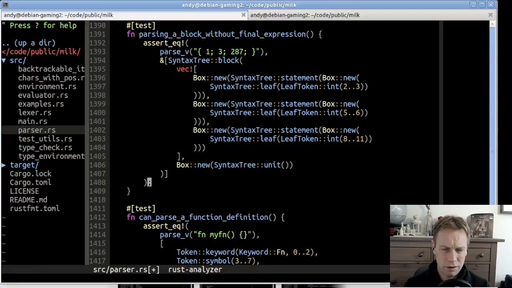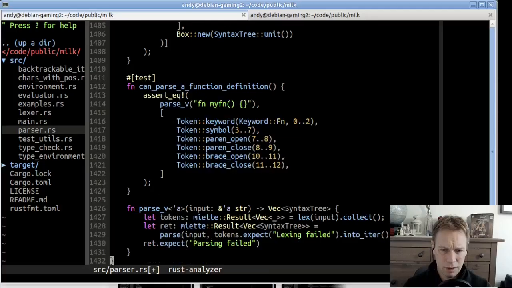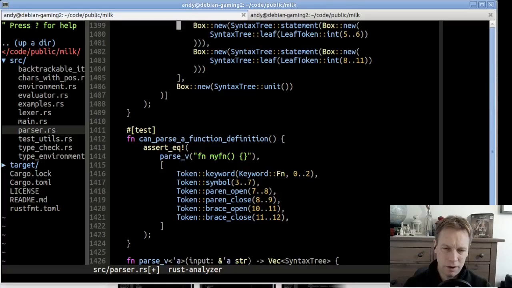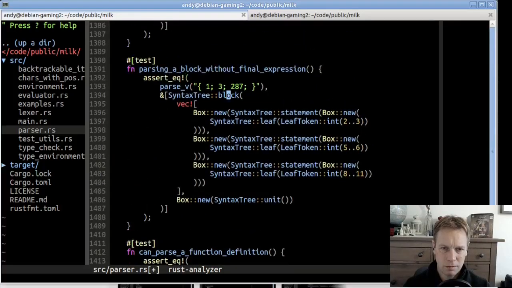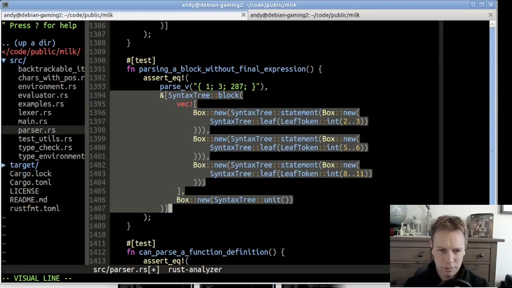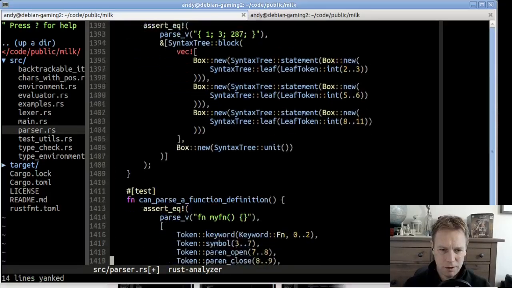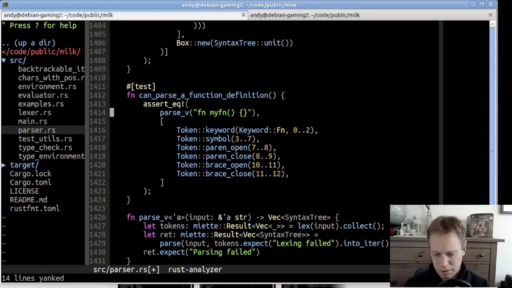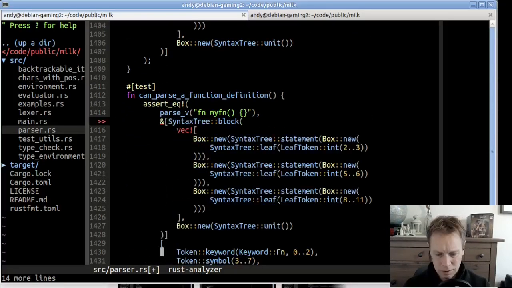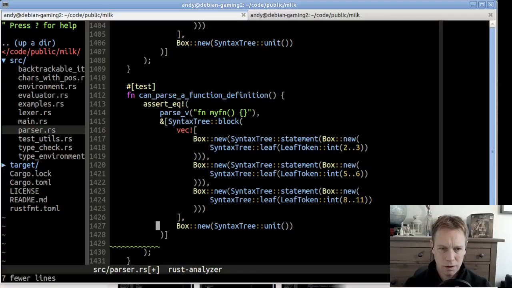Oh, does this return a vec of syntax tree? Yeah, because there could be lots of statements in here, but we've only got one, so it's going to be a list of syntax tree, but it's not going to be like a block like that. It's going to be something like